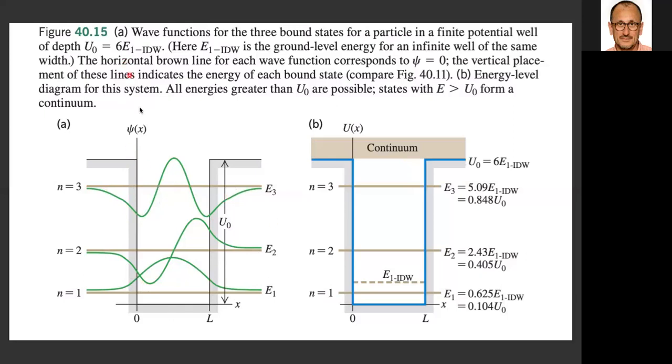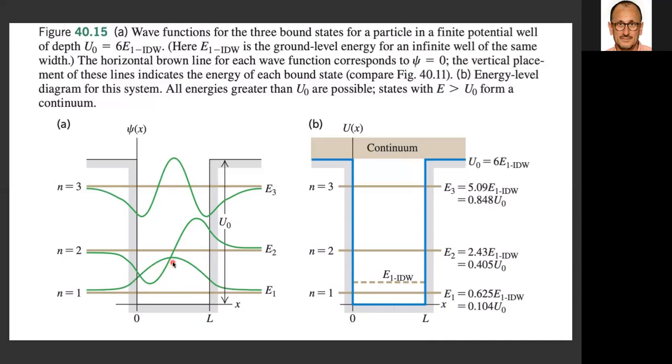If the well is taller, we can get more states, 5, 6 states, whatever. Okay, and we have to find out how many we can get. It really depends on how deep it is. And you can see that the actual energy value is a bit lower. So if you have a finite well, the energy of the state is a bit lower. That is simply because the wave function is a bit more extended here. So the lambda is longer,